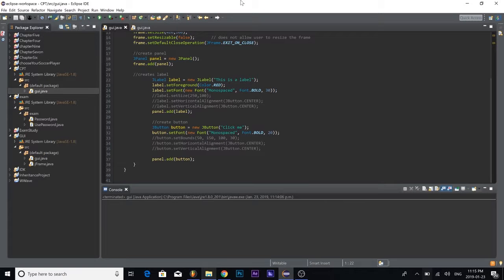Hey guys, back at it again with the continuation of our GUI series, and this time we're going to talk about JLabels and JButtons. The last episode we talked about JFrames, how to create a JPanel, and what a GUI is. So if you want to see that, the link is going to be in the description,